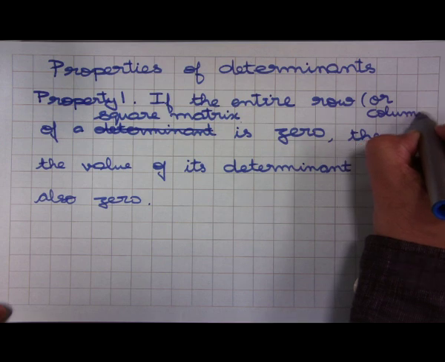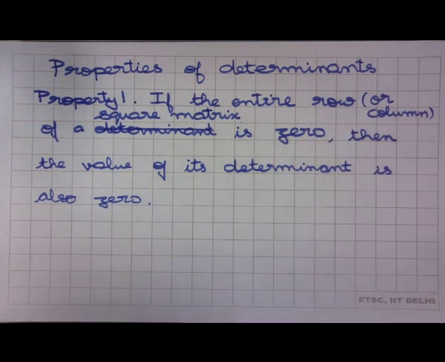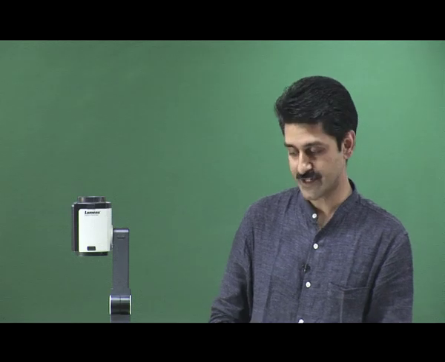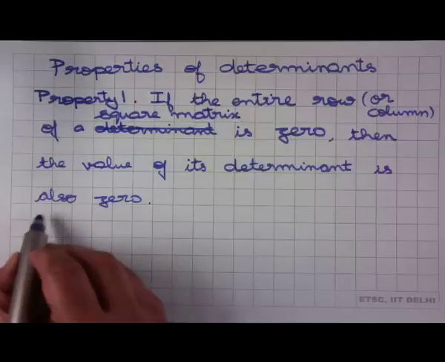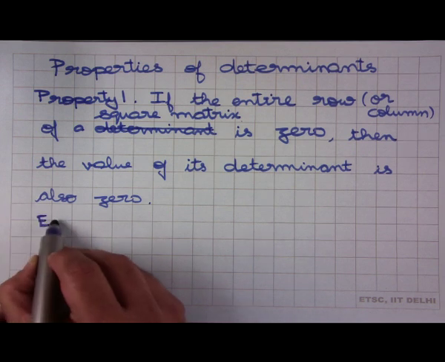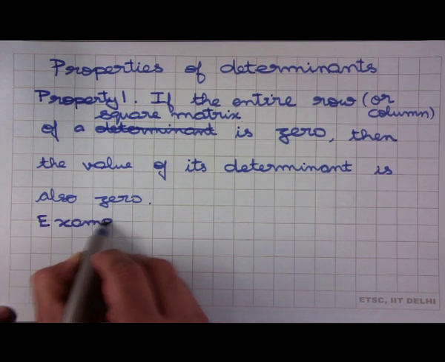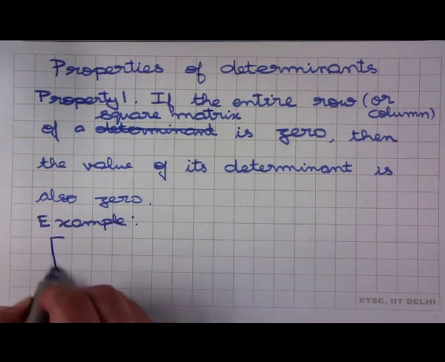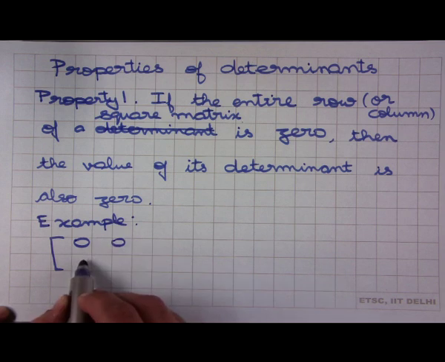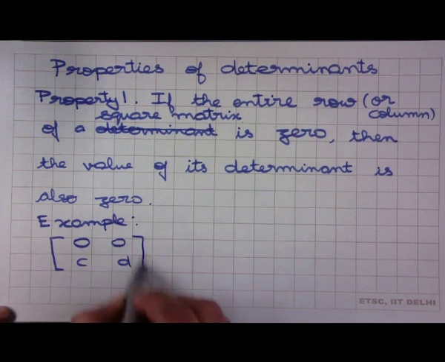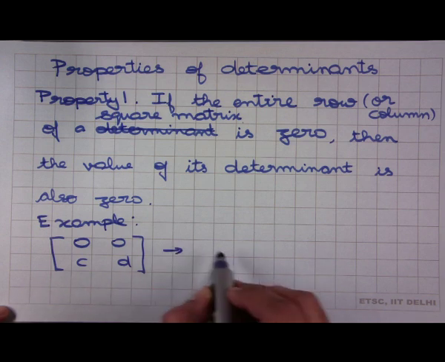So, I say that if the entire row or column of a square matrix is 0, and this kind of an interchangeability between the row and the column is something that we will see in other properties as well. So, it is good to make note of it here. And now, let us just look at a 2 by 2 matrix to see how this works out. So, if the example that we consider is a 2 by 2 matrix which has 2 0 entries, C D,